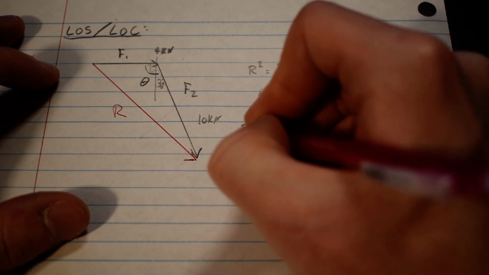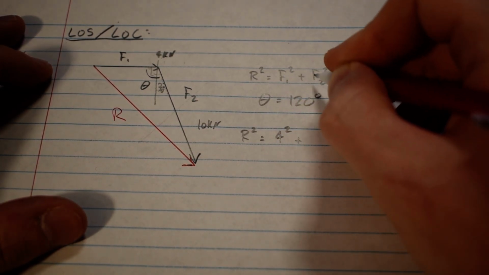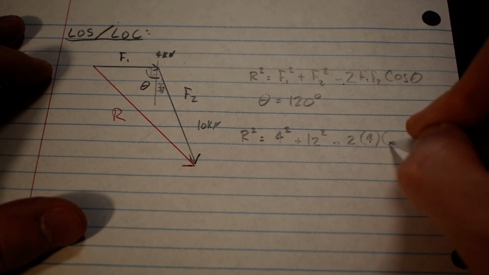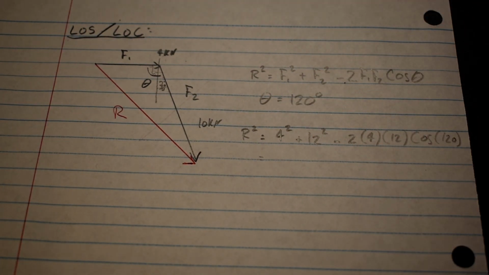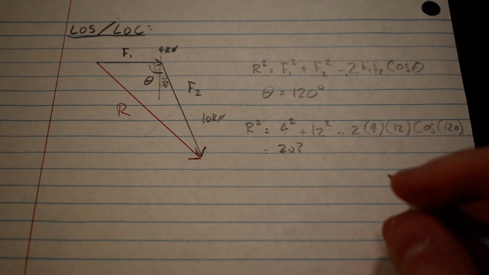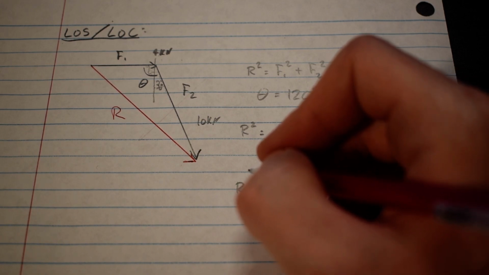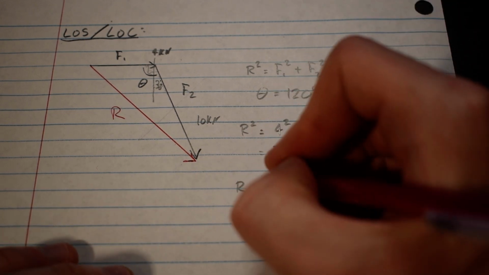So we can fill in R squared is equal to, we know F1 is 4 kilonewtons, so 4 squared, plus F2 is 12 kilonewtons, 12 squared, minus 2 times 4 times 12, cosine of 120. And we plug that into our calculator. And we get 208. But again, our resultant has to be the square root of that number. So we do the square root of the answer to get,